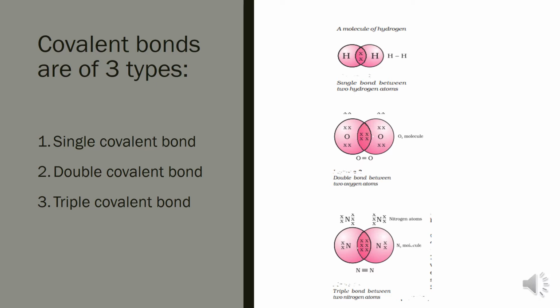For example, children, if we talk about HCl, without thinking much we might assume that HCl must be formed after the removal of one electron from hydrogen, and that electron must be accepted by Cl, so ionic bonding must have happened. But in case of HCl, it is not happening like that. Because hydrogen resembles chlorine, hydrogen is bonded with chlorine by a covalent bond.